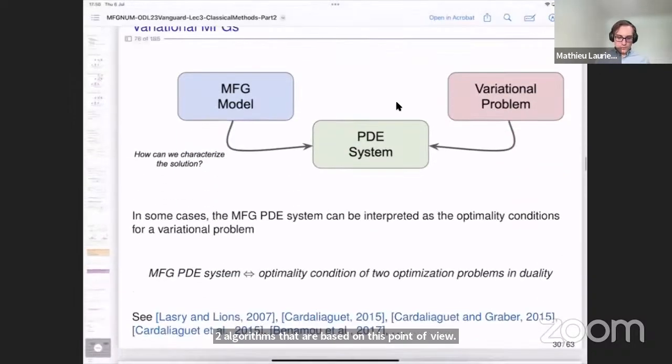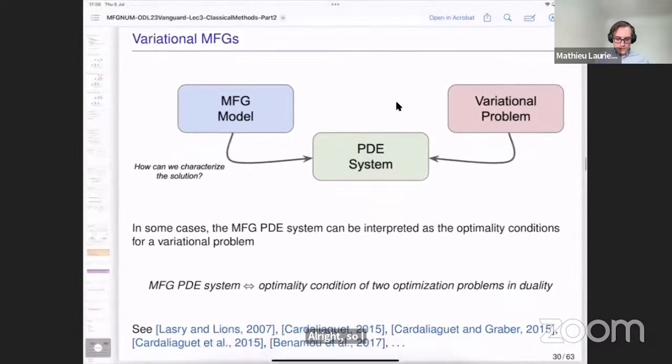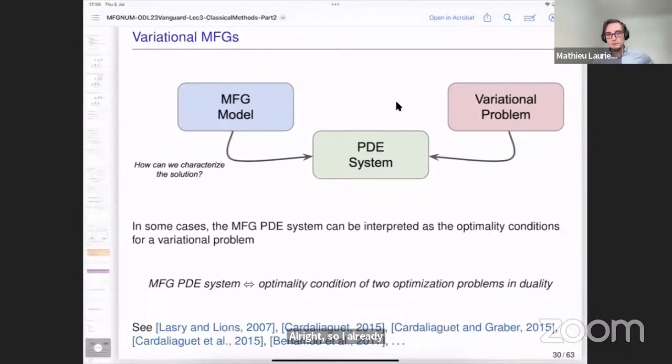All right, so I already showed these slides before. It is just to say that the variational point of view on infinite games is not new. In fact, it was already in the paper of Lasry and Lions, the original paper, and then it has been used a lot, including by Pierre Cardaliaguet and co-authors, and Benamou and co-authors,